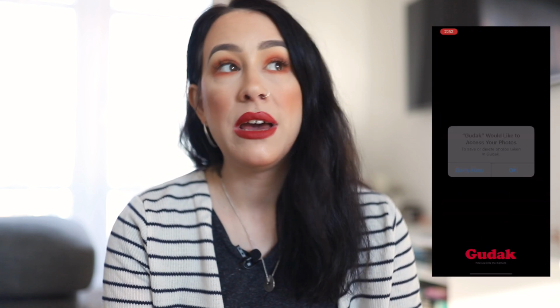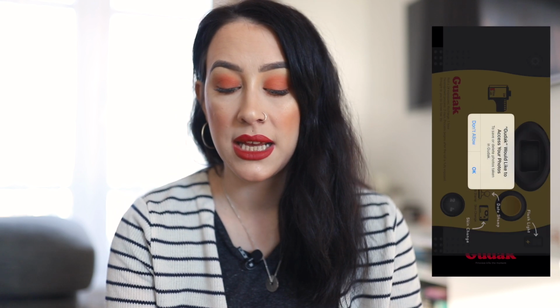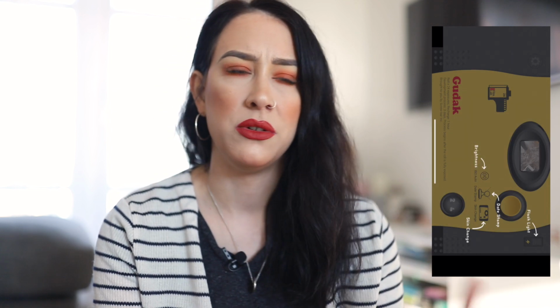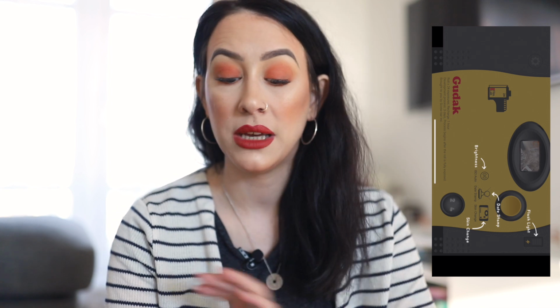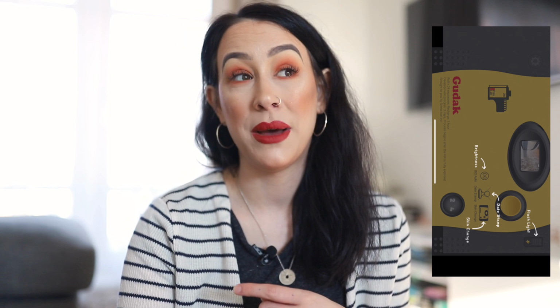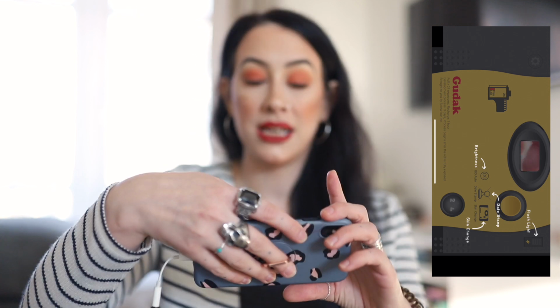Gudak, I'm sure everyone has had this in their time. It's very similar to the Huji. Oh, I must be wrong with the Huji. I'll show you in a bit. It's on the actual folder, but this is very similar. However, you have to wait, which is really clever. I think it's like 24 hours or maybe 3 hours, but either way, you literally take